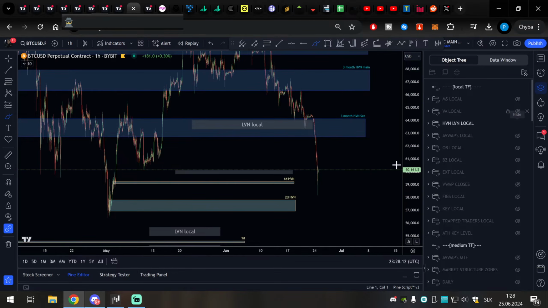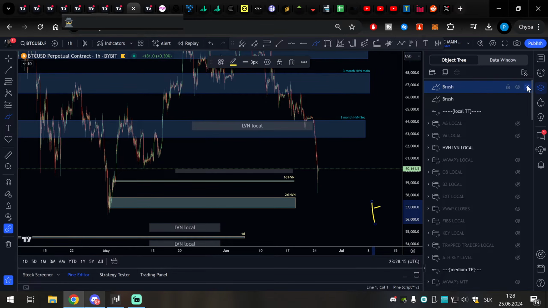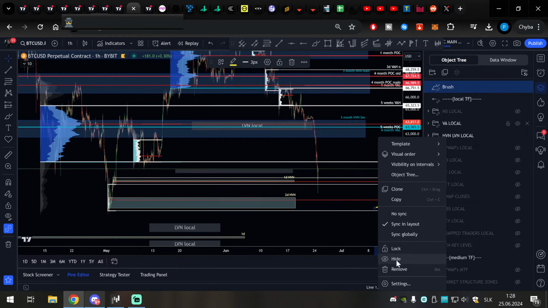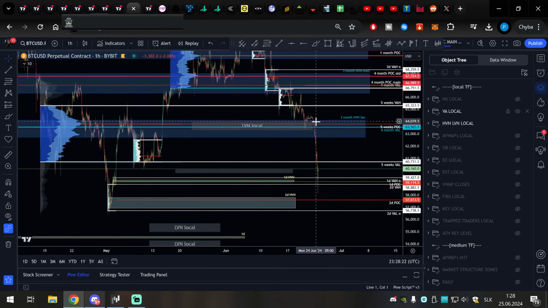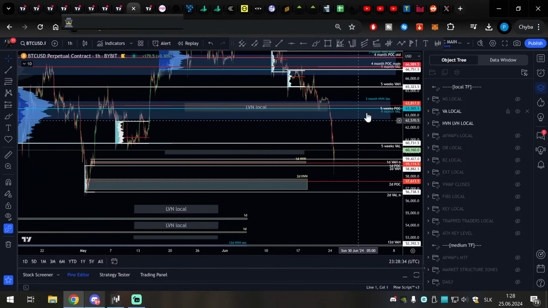High volume nodes. Oh yeah, so we can turn off everything like this, and you see this is going to be a very big hurdle for your swing trade. Once you reclaim this, yes, you can then do really nice rotations. Intraday bounces will also be aiming for this point of control, this high volume node.